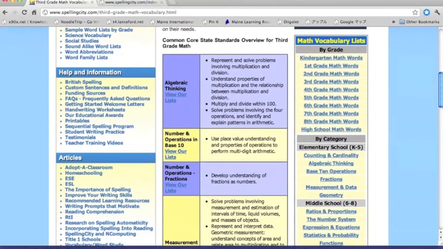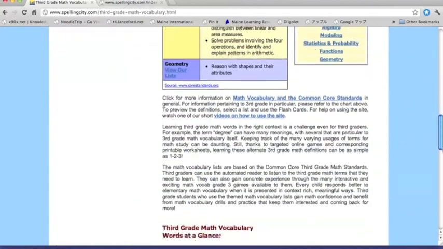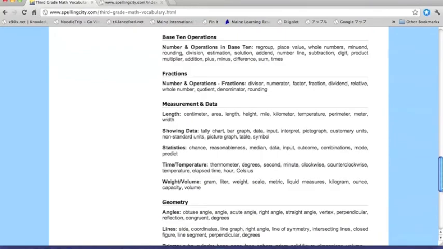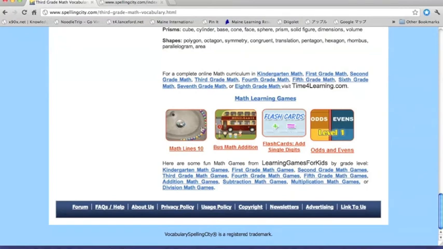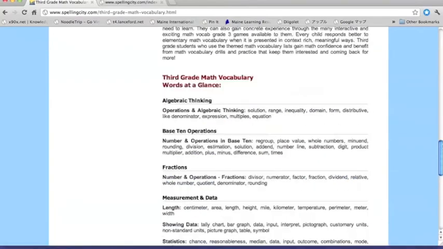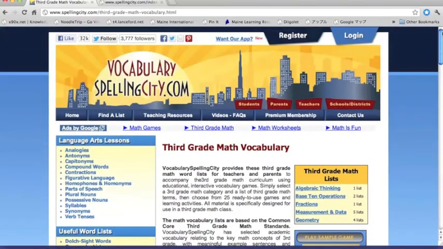Okay, and it shows how it matches up with the Common Core. So this is really a neat thing to have on there. And look, there's some math learning games. Okay, and it shows where those things connect to as well. So this is how you use Spelling City,